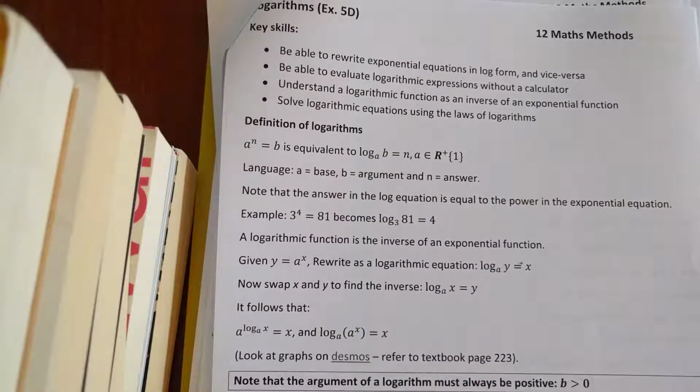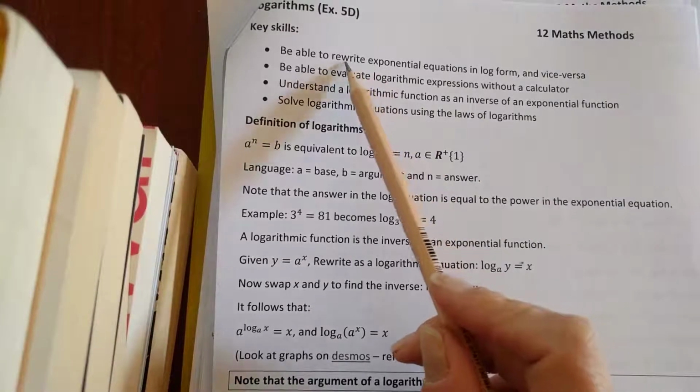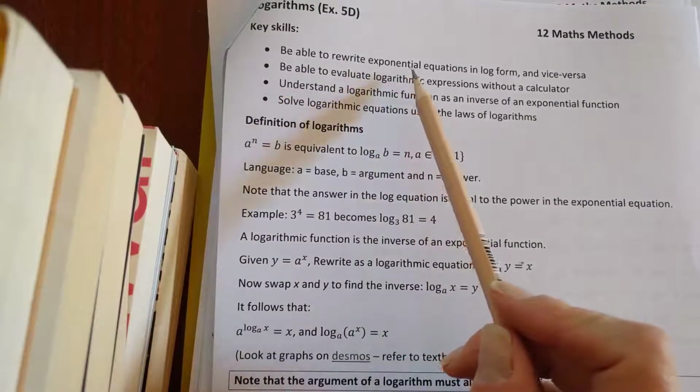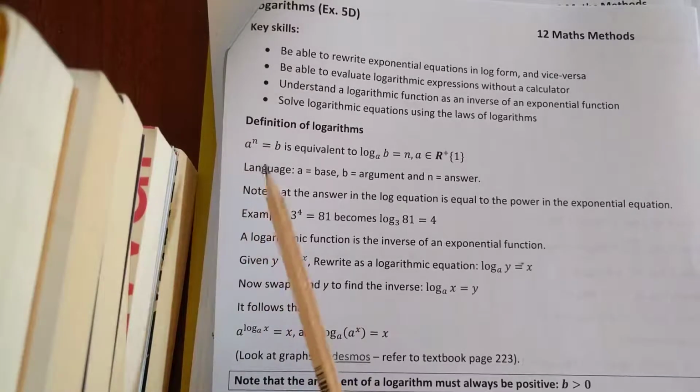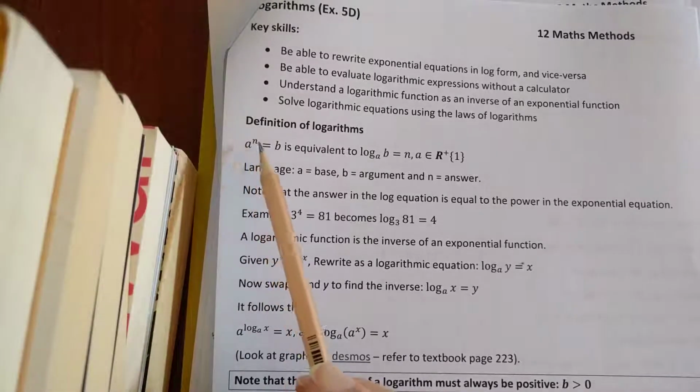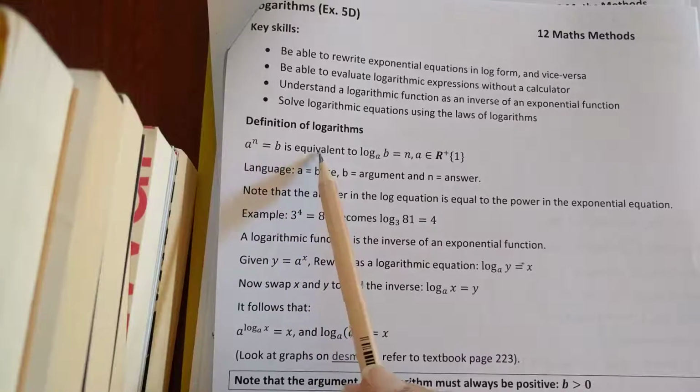So we're looking at logarithms today, which are definitely new to you. And the first thing we need to learn about is how to rewrite exponential equations in log form and vice versa. So a logarithm is basically an inverse of an exponent. So in this little thing here, I've got a to the power of n equals b is equivalent to log